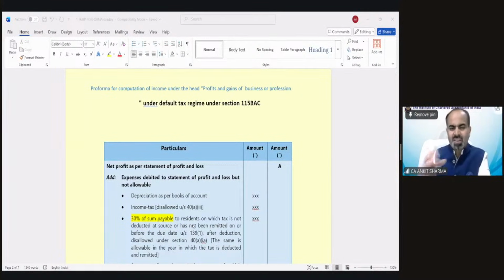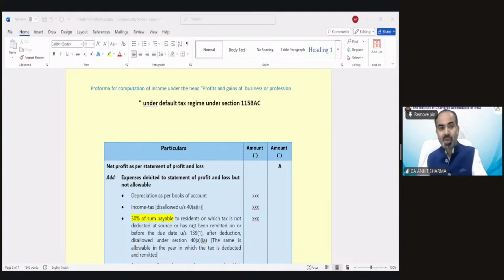We are going to discuss this format in a very short manner. After that, we will solve the September paper PGBP question, then the May 2025 PGBP question, then MTP, RTP questions, and some case scenarios. So it will give you technical knowledge of how to attempt the paper. How to solve is different, but how to attempt a paper is also an important thing. So you should know how to attempt a paper or how to attempt a question.